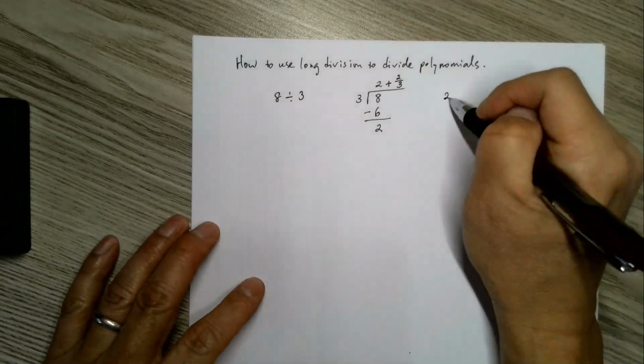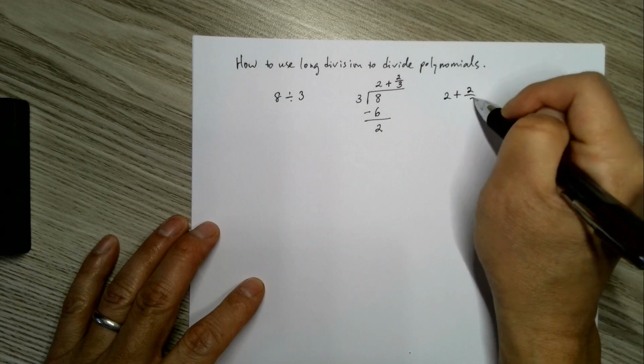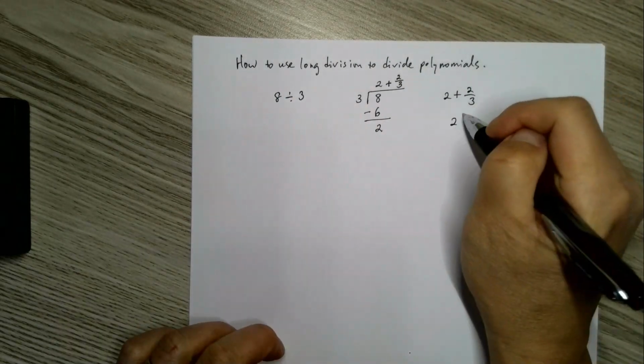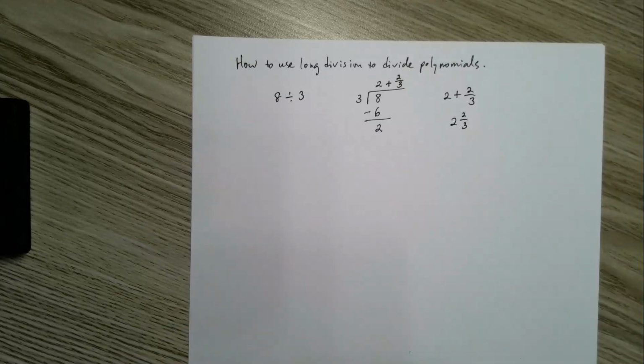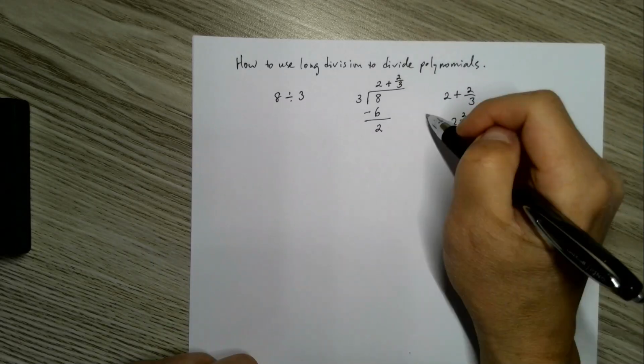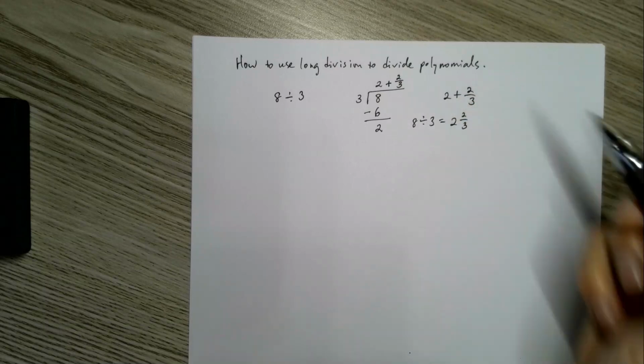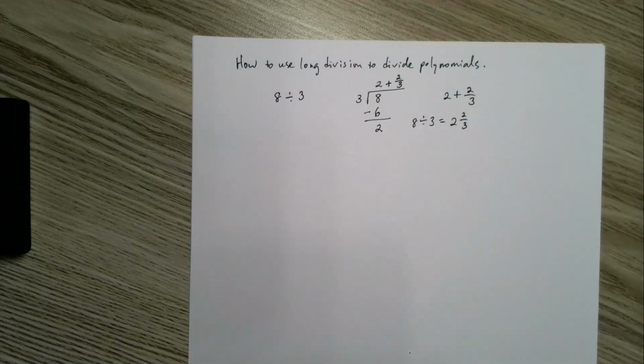Now, this isn't a weird way to write your answer, so we would write this in a mixed number form. So 8 divided by 3 is equivalent to 2 2/3. Okay, so that's your quick review of long division using just a